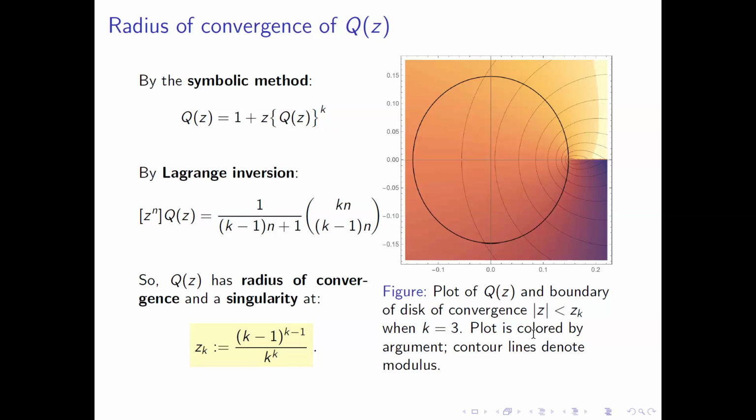So this is a well understood sequence, and we can quickly find that it has a radius of convergence and a singularity at this point zk, which depends on k. But the partial derivatives are not so straightforward. So to approach those,